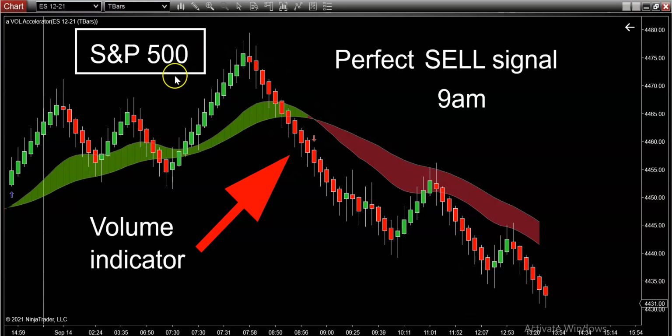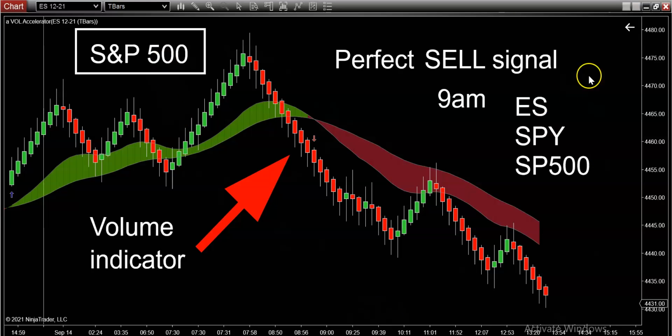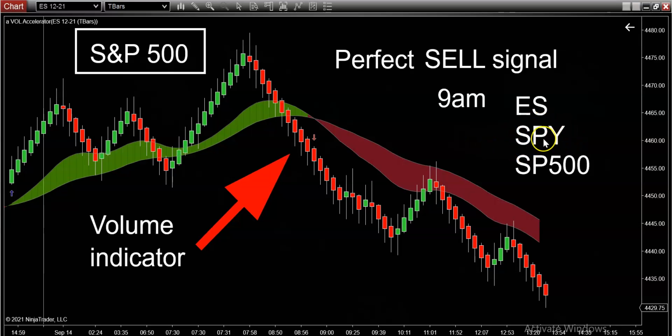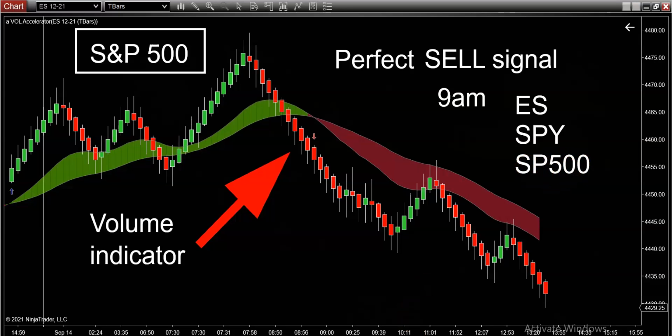Now, what you see on the screen right here is a chart of the S&P 500. This is a global benchmark. A lot of guys are trading the S&P 500, and there can be some heavy trends that take place in this market. And before I get into it, guys, these are the symbols. If you follow along with the S&P 500 and you trade futures, this is your symbol, ES. If you're a stock trader or an options trader, then you probably love the SPY. SPY is your symbol, and of course for you Forex traders out there, SP 500 is the Forex version of